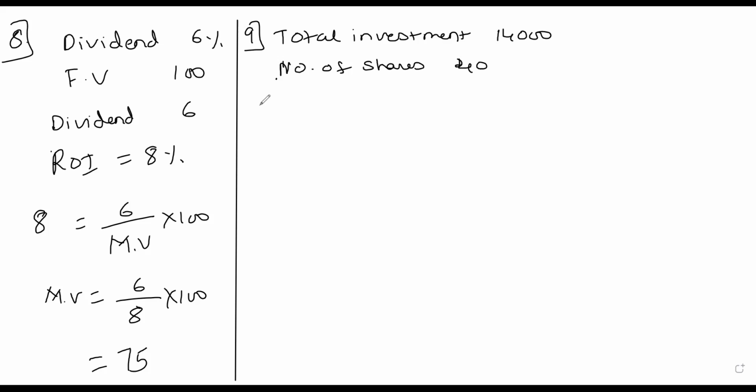So market value 14,000 upon 40. 350 मार्केट वैल्यू है। डिविडेंड क्या है? 8% ऑन नॉमिनल वैल्यू। अब नॉमिनल वैल्यू भी तो पता नहीं है। डिविडेंड इज 8% डिविडेंड